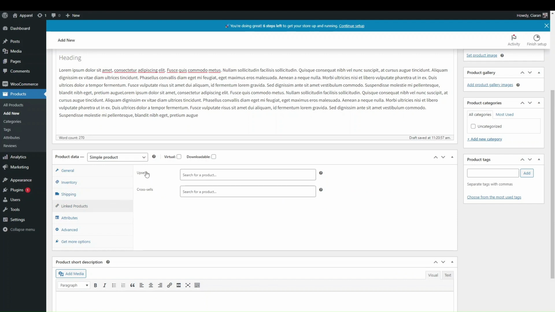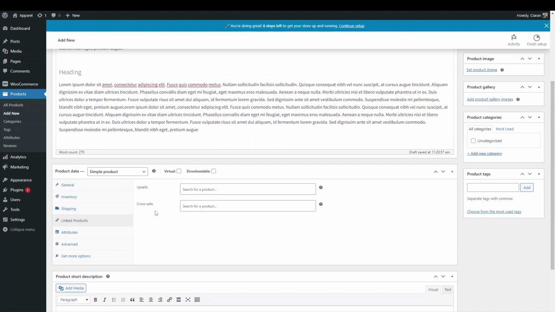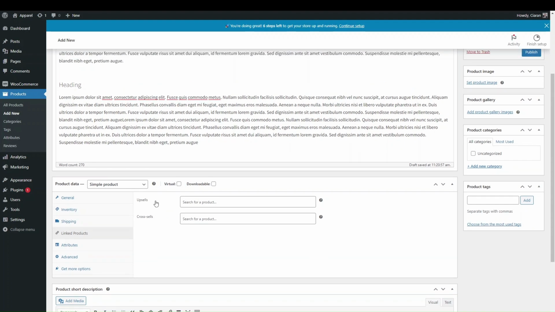The next thing then is upsells and cross-sells. So these are essentially linked products, and what this does is essentially places products on different parts of your website in order to upsell and cross-sell them. So for example, in the upsell section,